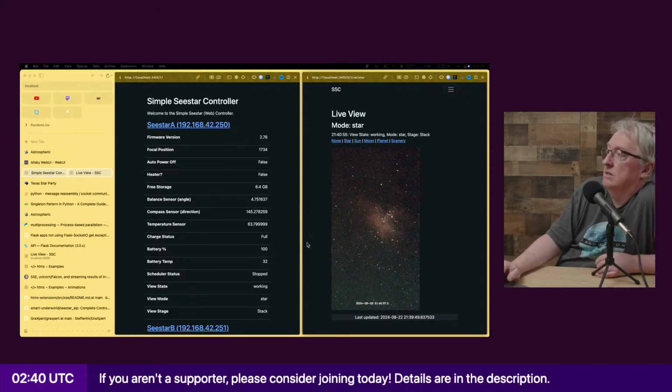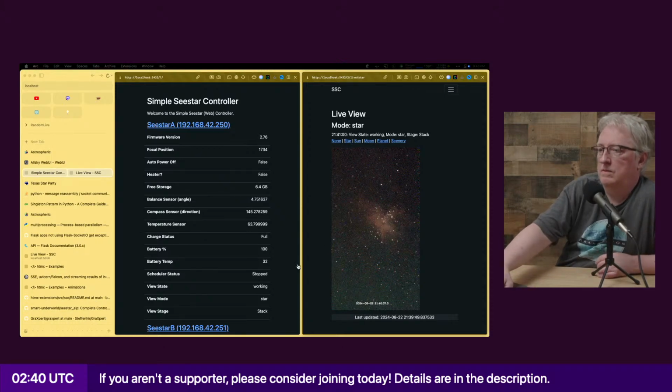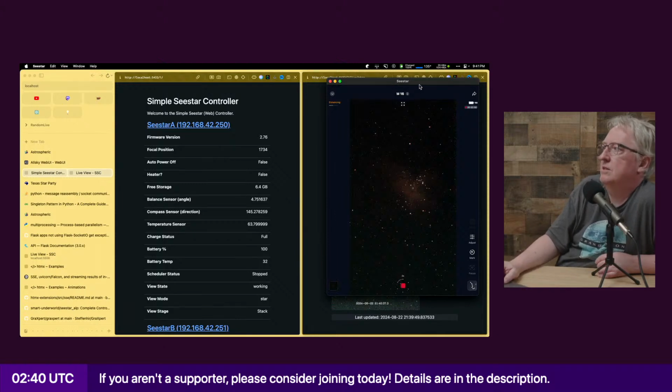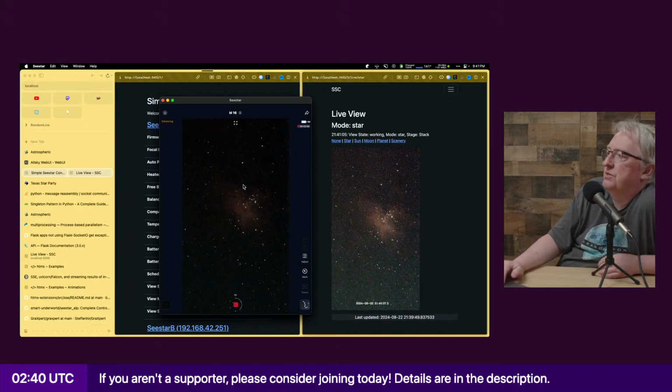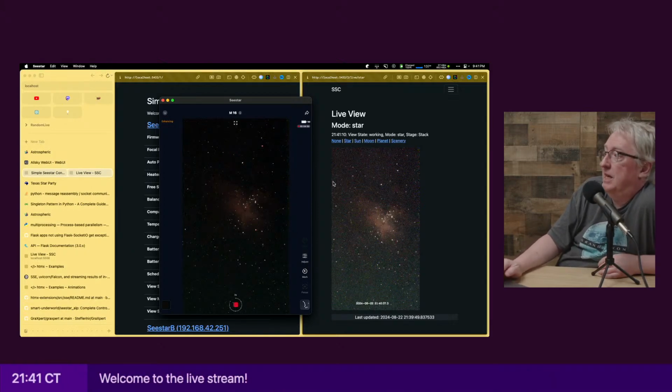Okay. So this shows you the live view. Yeah, if Joe V is still here, I finally got it working. So these are the same telescope, and this is the stacked view in the app, and this is the stacked view in the live view with the Graxpert auto stretch applied.